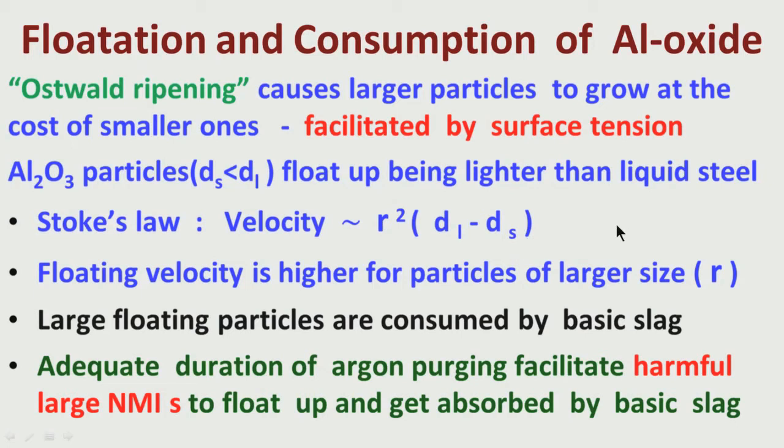We know these solid particles, that means alumina or SiO2, whatever are the deoxidation products, they have relatively less density compared to liquid steel. That is the reason why they will float. That is the reason why the velocity will be dictated. Another reason for the velocity to go up is the size. The larger the size of the particles, the more the velocity. That means larger particles will try to float up